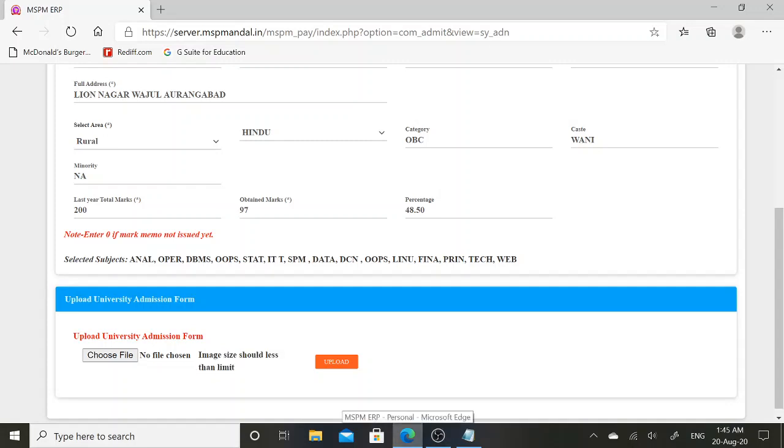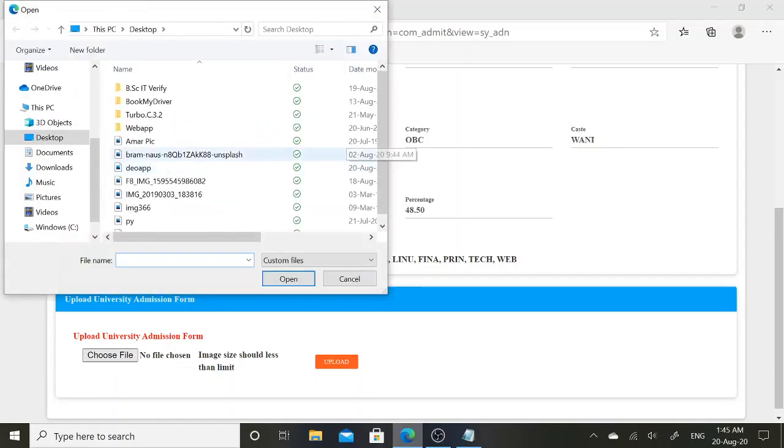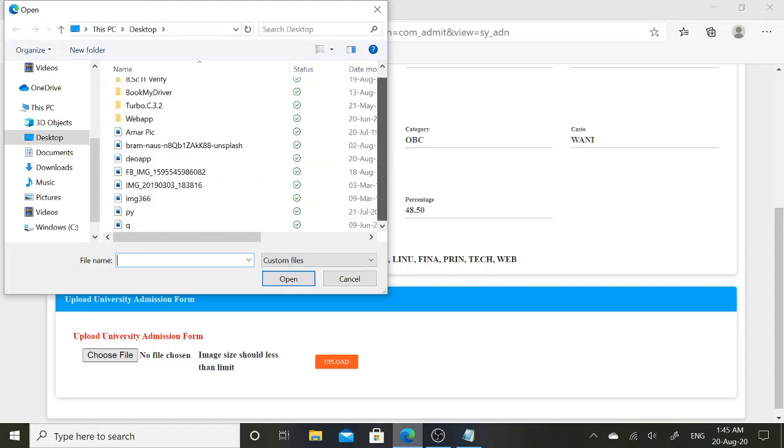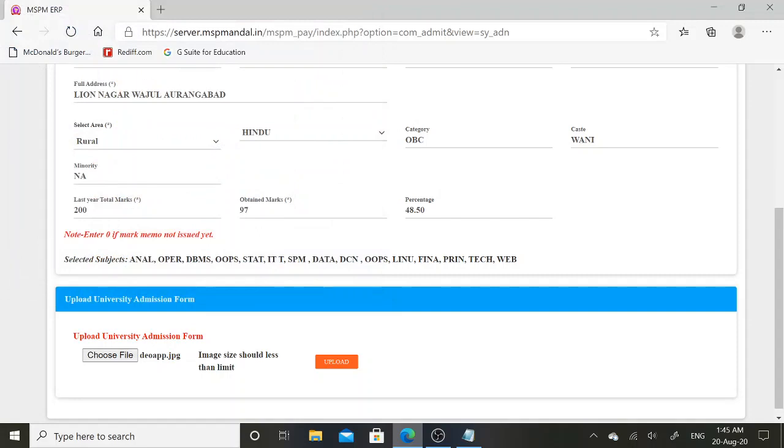Now I have reduced my image file size and it is less than 200 KB. So to upload it, again I will click on choose file. I will select the university admission form image file and I will click on this upload button.